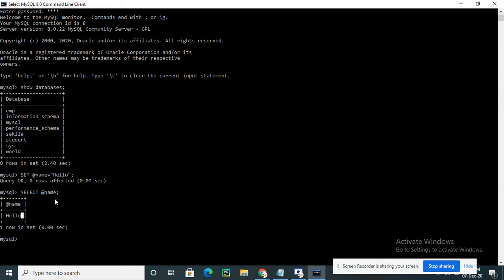So this is making a user defined variable, my own variable. I'm defining my own variable by using this @ symbol. I will clear the screen. This is all about user defined variables.